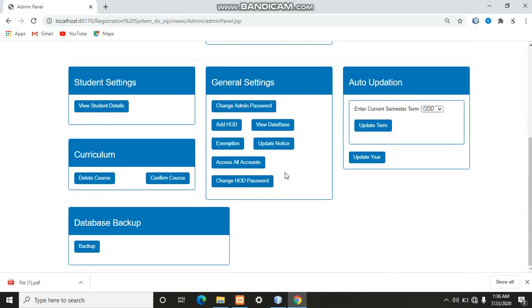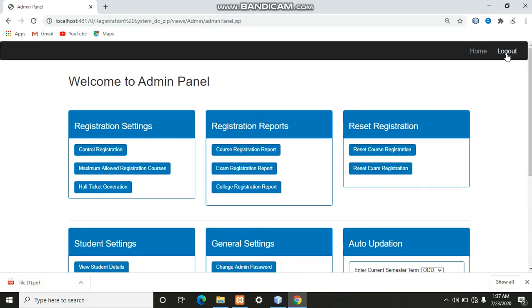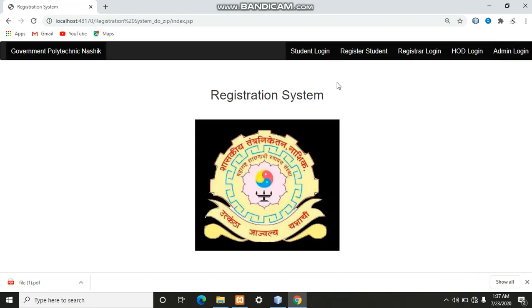After this, admin can change any HOD password, as I have told you about the auto updation field, and similar to database backup. Yes, students. Log out.